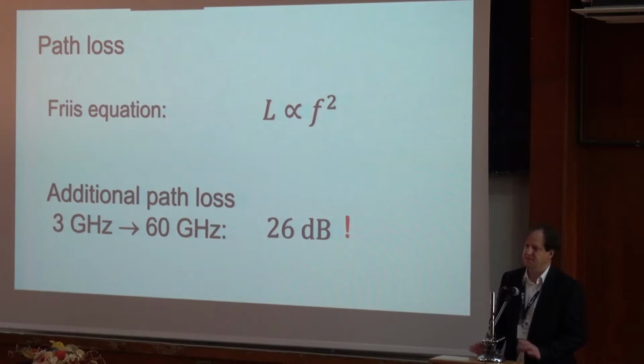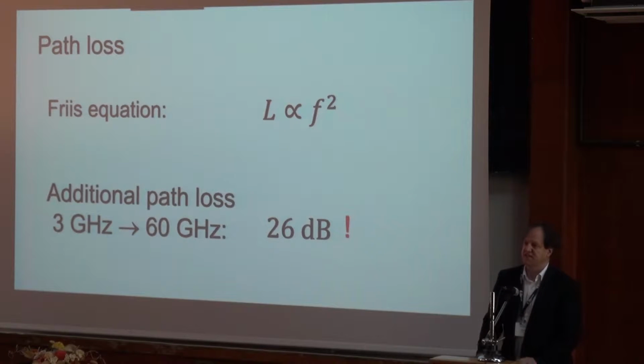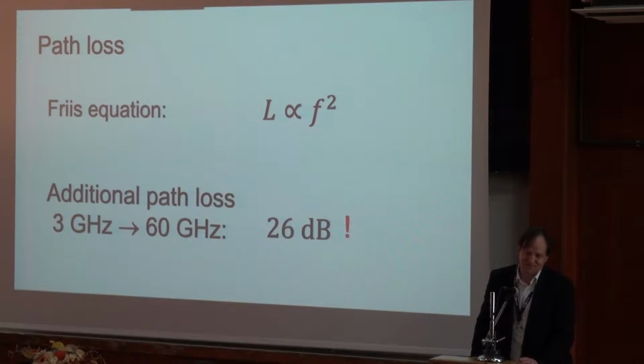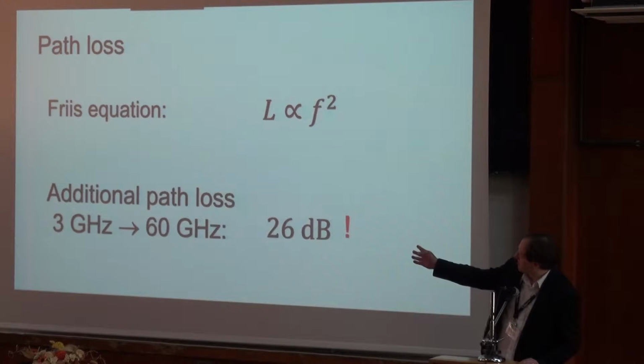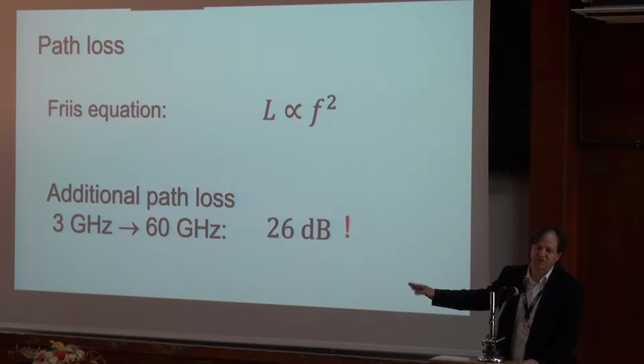But before I do that, let me give you one comment about millimeter wave communication. I think there's a big hype around that technology, but we cannot beat physics. The laws of physics exist, and what I've shown here is a very simple equation that you may or may not know, the free space equation. We know that the path loss L is proportional to the square of the frequency. So if we do a simple analysis, if we move from 3 gigahertz, which is the current 4G spectrum, to 60 gigahertz, we incur an additional path loss of 26 dB.